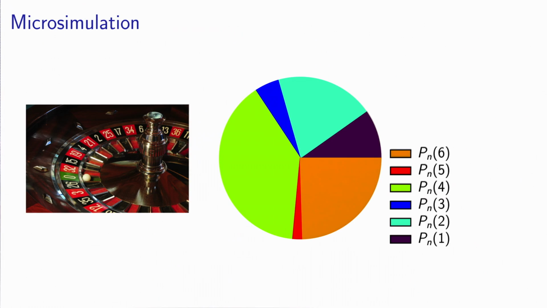And this is the topic of this video, to understand what microsimulation is all about. The idea of microsimulation is that instead of looking at the choice probability for each of the available alternatives in the choice set, we will decide somehow what is the actual choice that a given individual is supposed to make. To do that, let's assume that we organize the choice probability as a pie chart. In this example, you have 6 alternatives, and you can represent them in a circle, and the area in the circle is proportional to the choice probability.